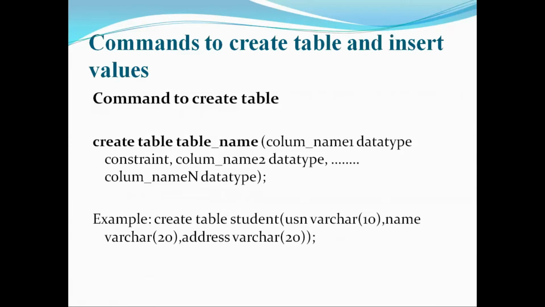After that, once the database has been created, next we need to create the table in order to insert the values into that table. In order to create the table, we use the command create table, followed by the table name and the attributes. Here, column name 1 indicates the attribute 1 name, followed by the data type, any data type which we can make use of. Then followed by the constraint. The constraint says which we want to take as a primary key or a foreign key. Likewise, we can specify column name 2 and its data type, and n number of column names, that is n attributes, followed by the data type.